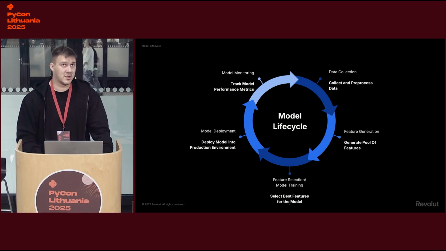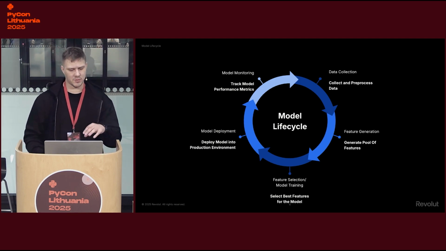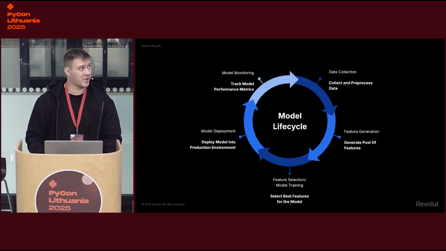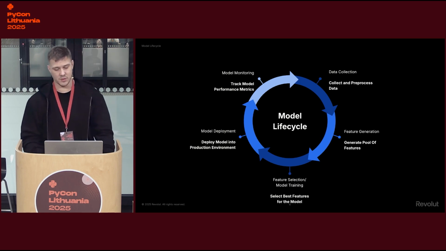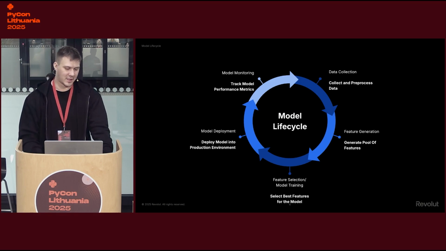And essentially, it's a vital piece of the model development because we want to come up with as many features as possible. And I will be presenting in this presentation how we do that. Then we have the feature selection / model training part, which is essentially coming up with the ML model which will be used. Then, of course, we deploy it into production and see how it works,